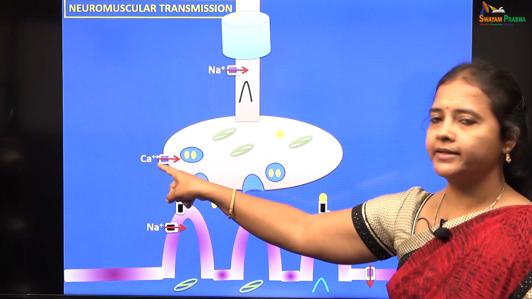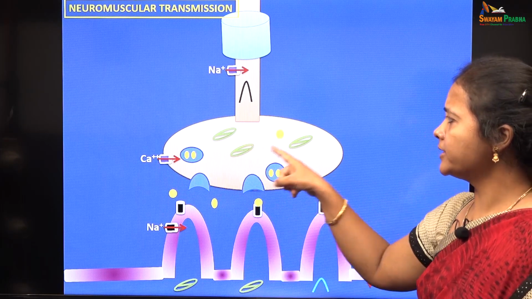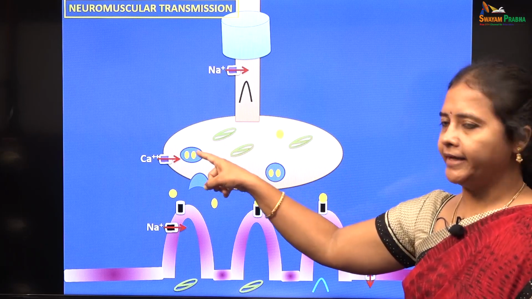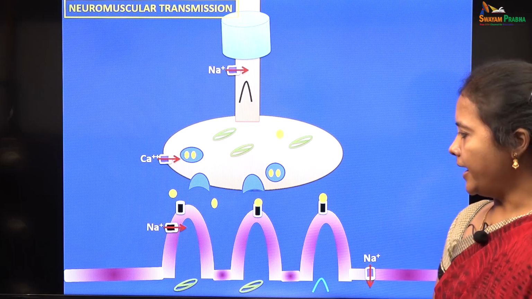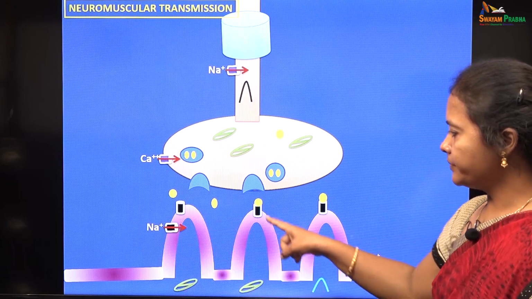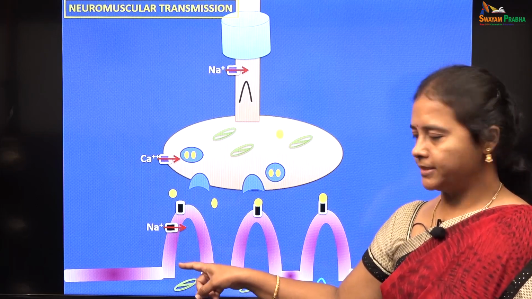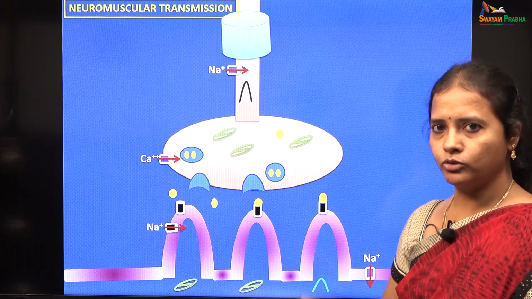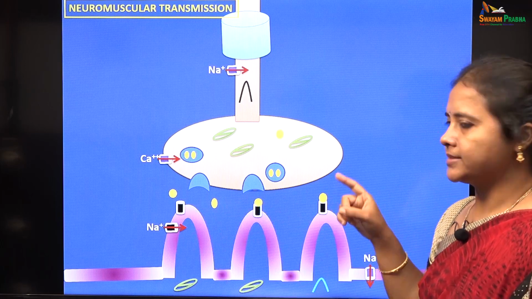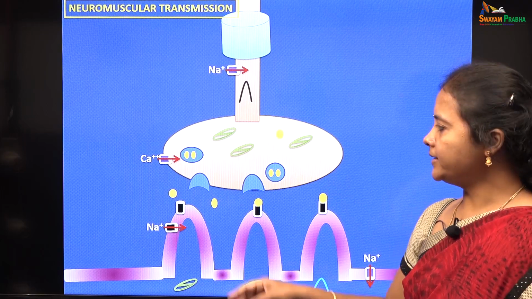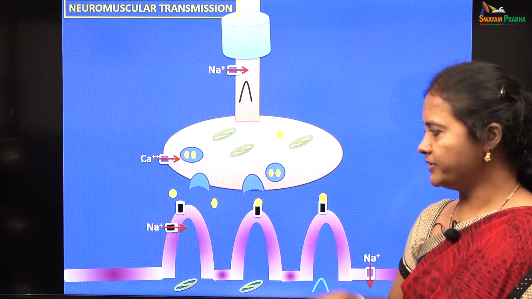are voltage gated calcium channels in the presynaptic nerve terminal, and numerous mitochondria for provision of ATP for the process of exocytosis and release of neurotransmitters. And we have the post-junctional folds. These post-junctional folds are nothing but modifications of the sarcolemma or the muscle membrane, which are present only at the neuromuscular junction. And in the post-junctional folds, we have the nicotinic acetylcholine receptors, which bind the acetylcholine molecules which are released from the exocytosis of the vesicles.